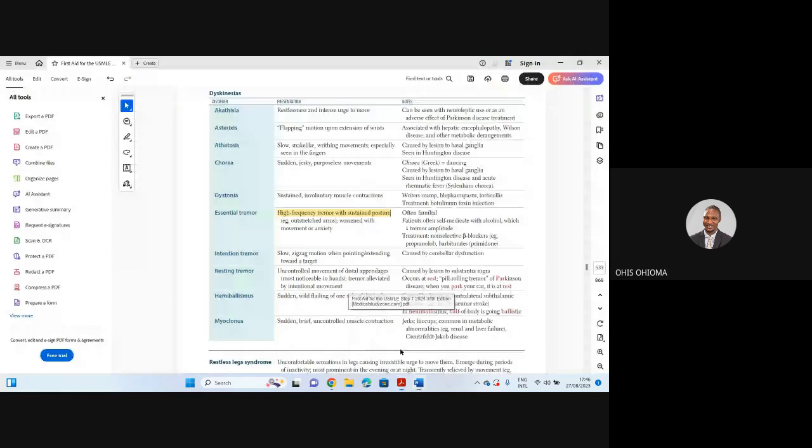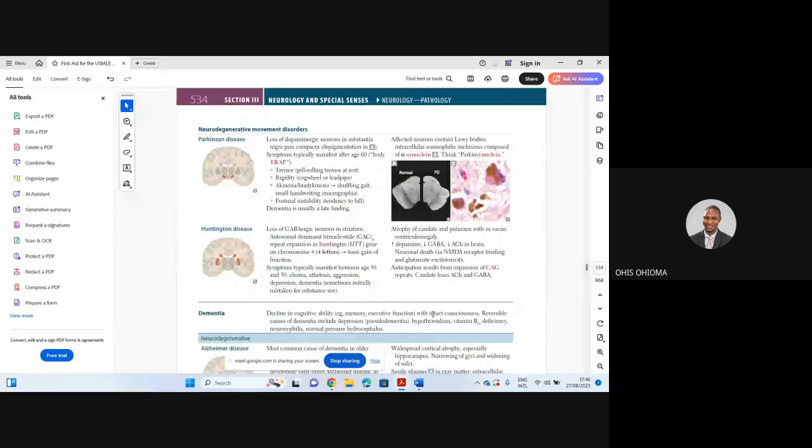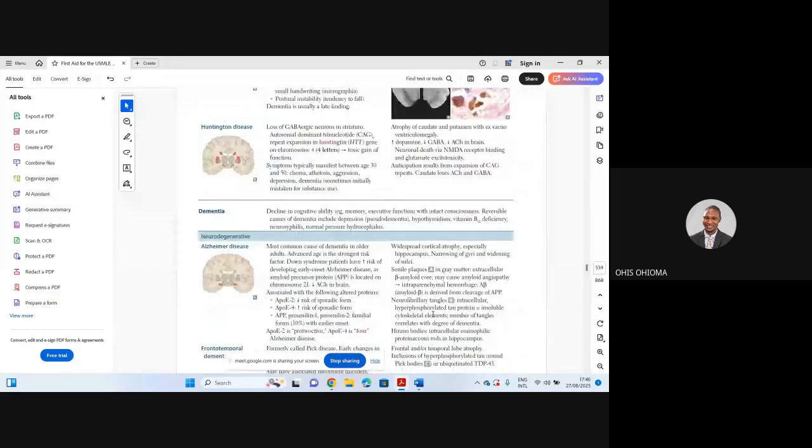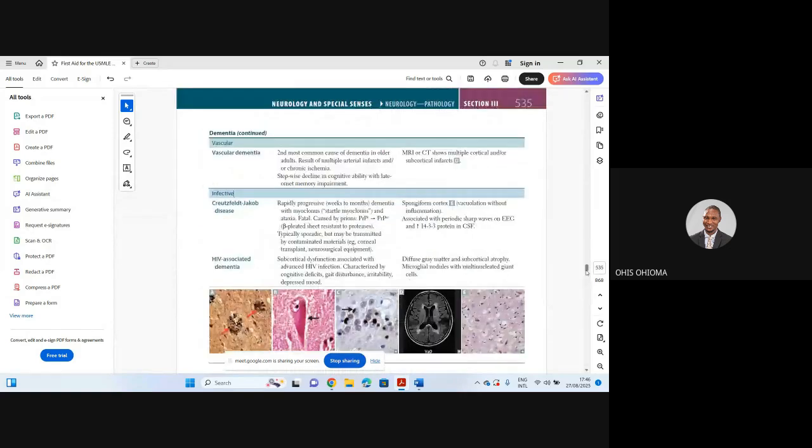So let me show you guys what that means. So this is what I'm trying to tell you, on histology, right? You can see this. The word spongiform means there's vacuolization. So there's vacuolization here, these white spaces you're seeing here.